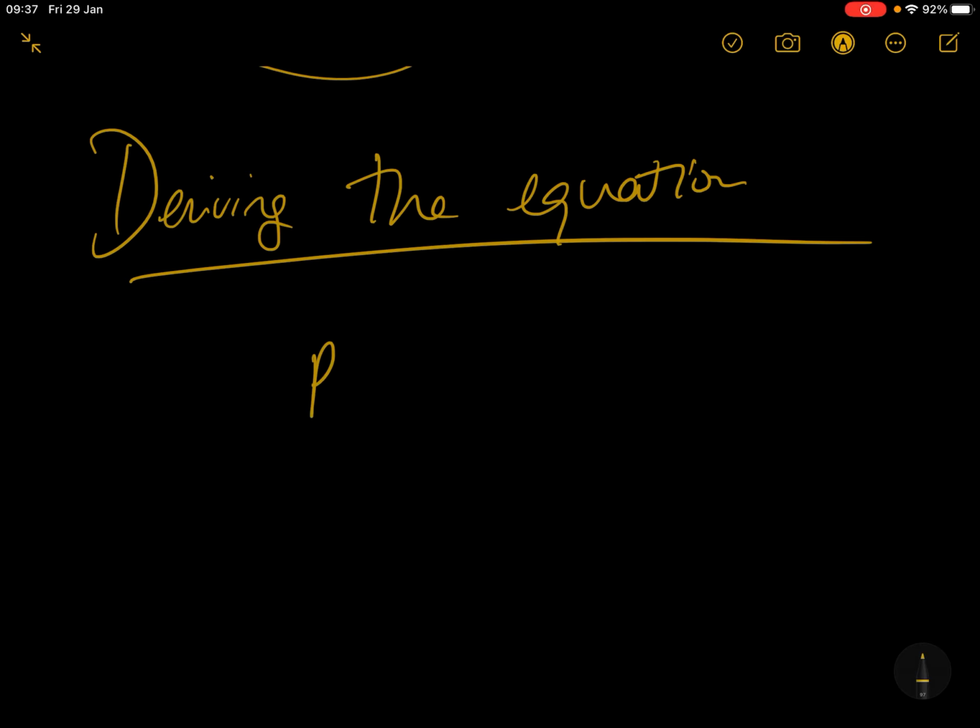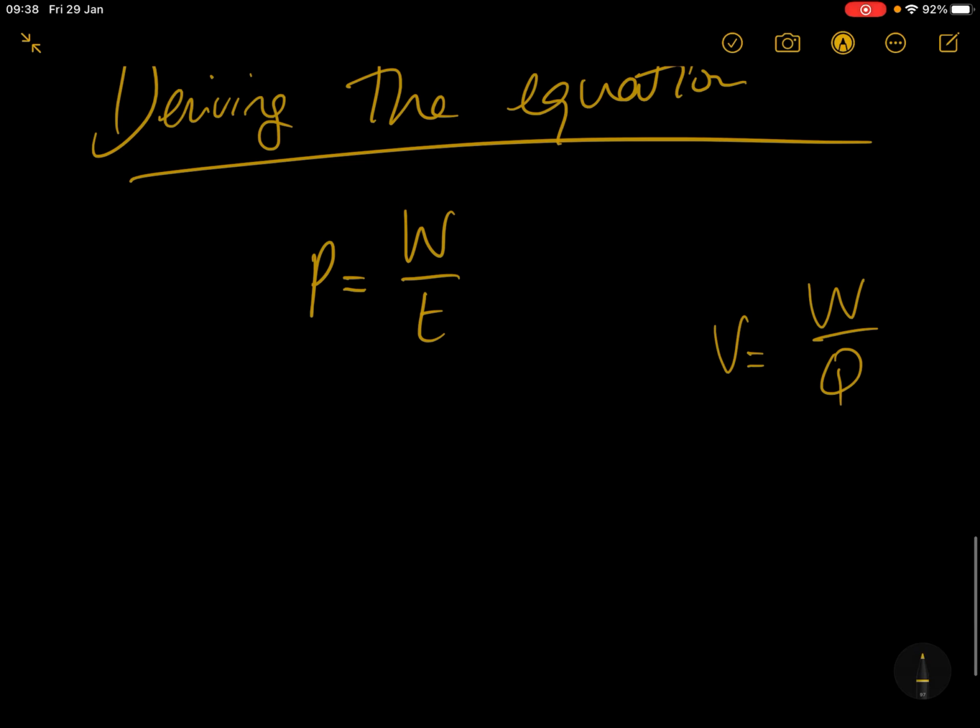Right, so let's start off. The basic power equation is power is energy divided by time. Now you'll notice I put W there because in A level we tend to refer to energy being W because it's like work done. So power is energy divided by time. But we have done, a few weeks ago now, the equation V = W over Q. Voltage or potential difference is energy transferred per unit charge. So let's put that in. Just rearranging, W is VQ, so power is